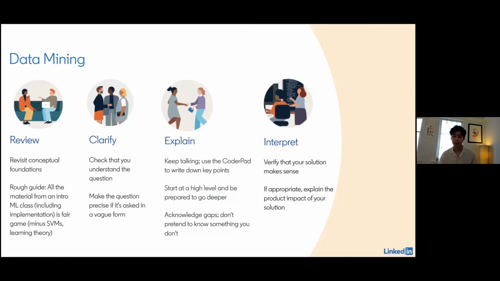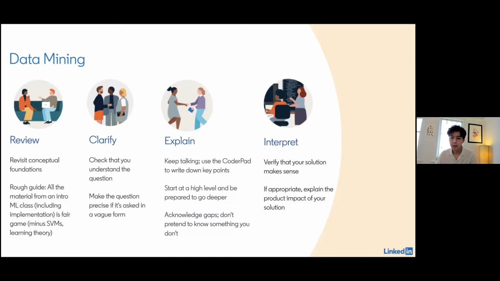Similarly, for a topic like computational learning theory, which again is an interesting topic, but probably too theoretical for the kinds of projects that we do here at LinkedIn in terms of building machine learning powered products.